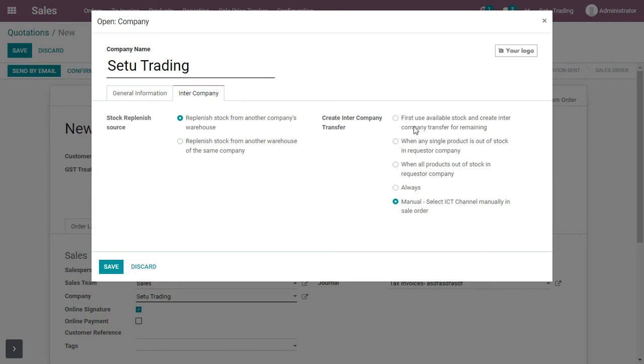What this will do, at present the stock that is available in the current warehouse will be sold to the customer, and then for the remaining out of stock products the ICT, that is intercompany transfer, would be generated. If I have selected this option, that when any single product is out of stock in the requested company, then what